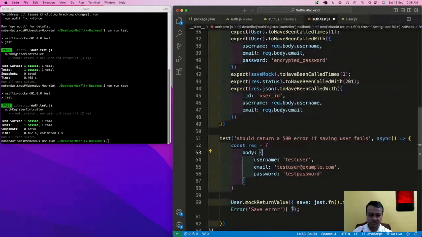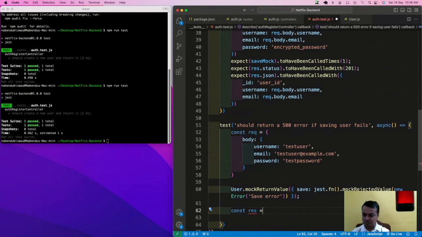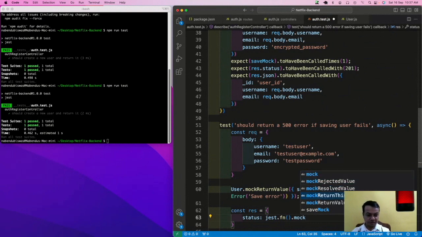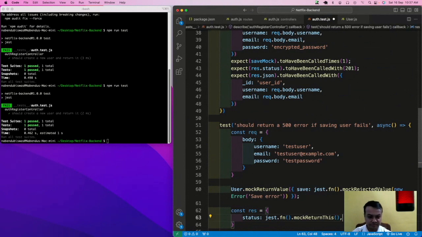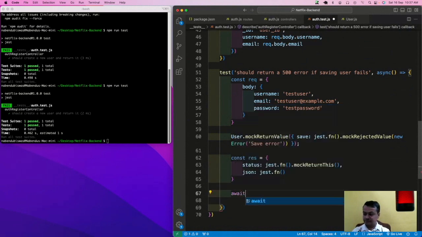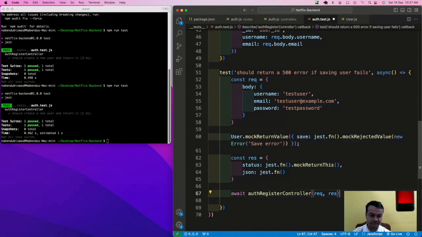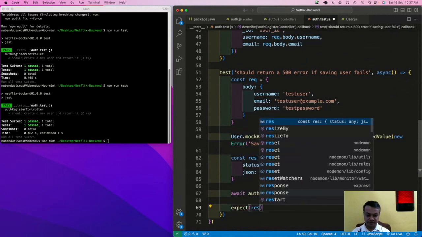Now go back after this and do const res equal to this, and status is jest.fn().mockReturnThis(), comma, json is jest.fn(). Right, jest.fn like this, and then await authRegisterController(req, res). Then res.status